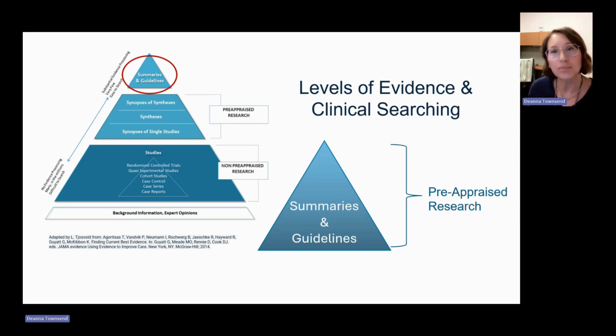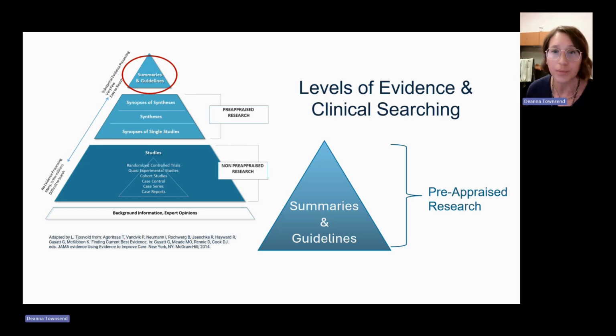So when you're looking at the evidence pyramid and considering research and where it fits for your clinical work, at the bottom of the pyramid, of course, is all that non-pre-appraised research. So the primary studies that you're looking at. This is research that has not had any evidence processing, and really that critical appraisal lies on the reader, lies on the user to ascertain the relevancy, the trustworthiness, all of those elements that you take into account in critical appraisal, that is all on your shoulders when